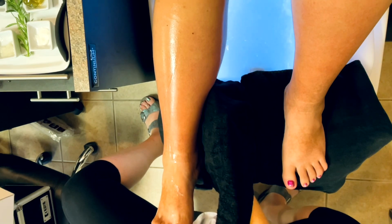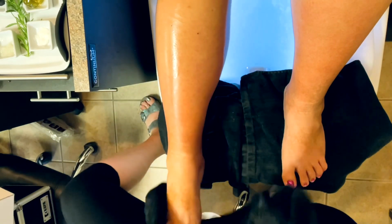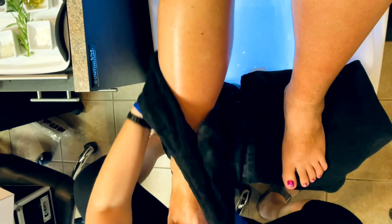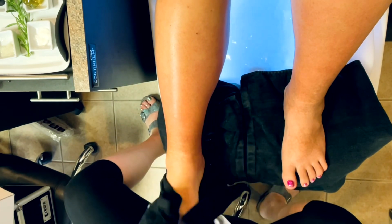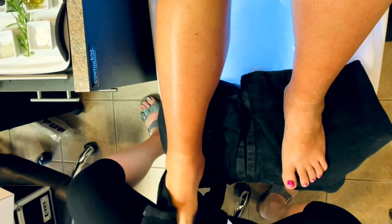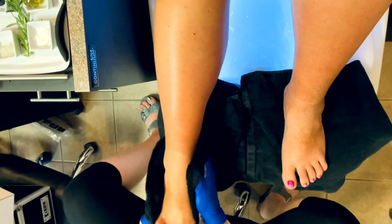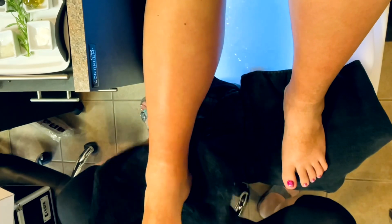And go ahead and wipe any excess scrub off the calves before you wrap the warm wet towel around the feet, and let it start dissolving the scrub while it's wrapped around the feet. Then we will switch to the other foot. And just like I did before, while the first foot is hanging out, wrapped up all nice and toasty,